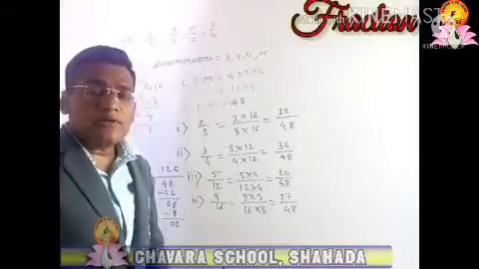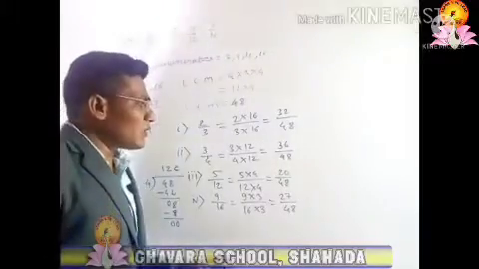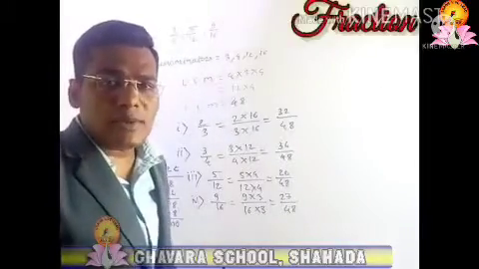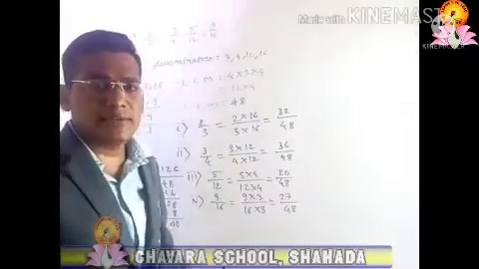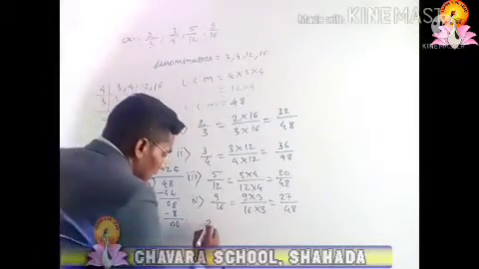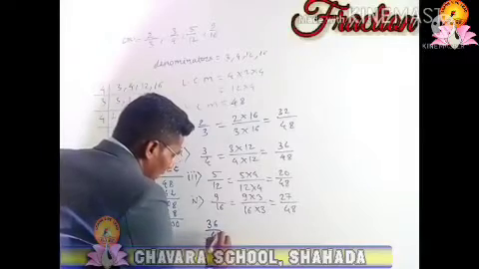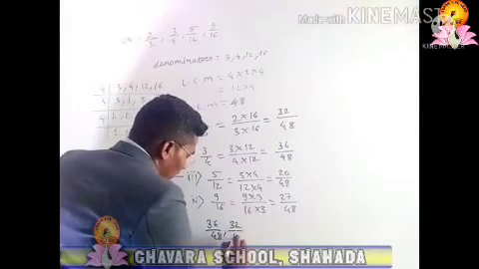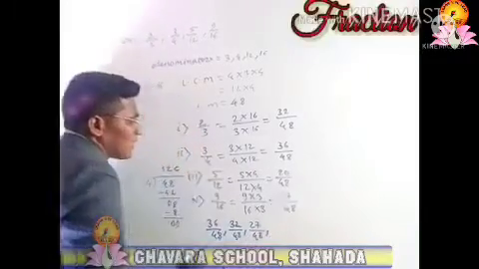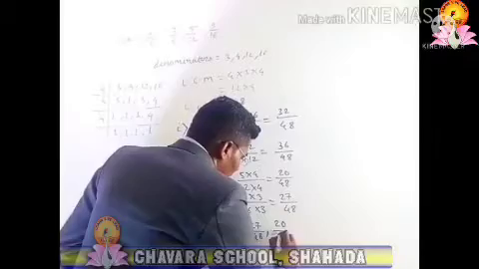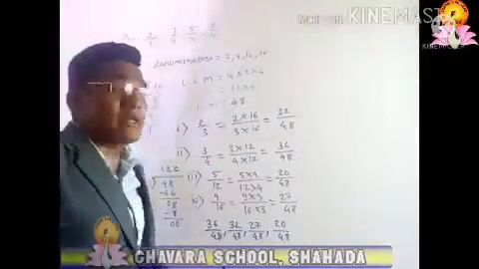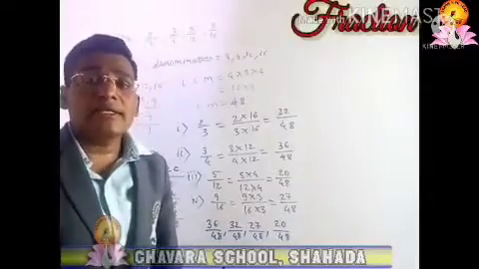Now, as per the first method, the rule is that the fraction whose numerator is greater is the greatest fraction, and the fraction whose numerator is smaller is the smallest fraction. So the greatest numerator is 36 by 48. After that it is 32 by 48. After that it is 27 by 48, and the smallest fraction is 20 by 48. Once we can compare the fractions, we can arrange them in ascending and descending order.